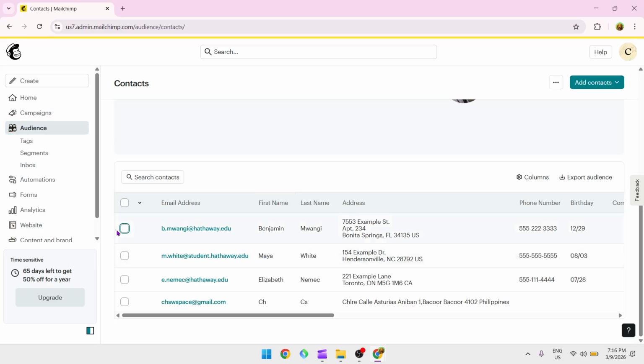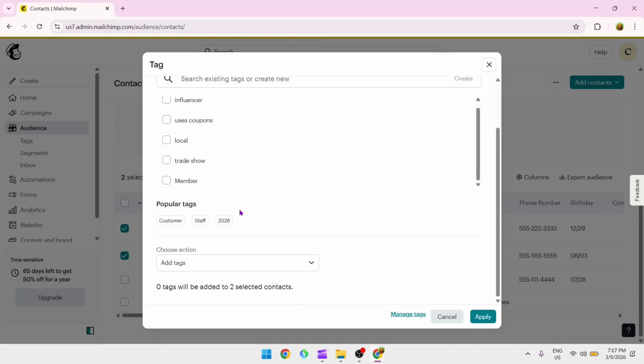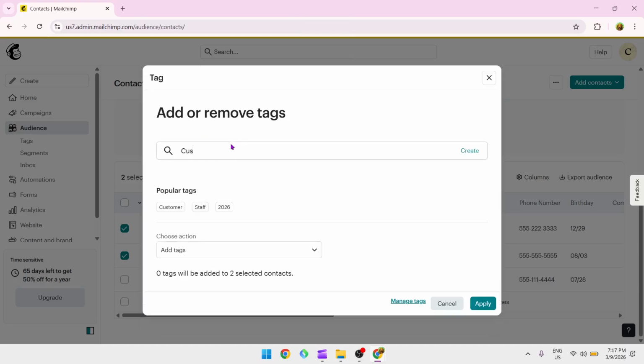Then next is tick the box beside the contacts you would like to organize and click on Tag Contacts. Now start choosing or creating a new tag like customers, leads, or event attendees. To create a new tag, simply type on this text box like customer,